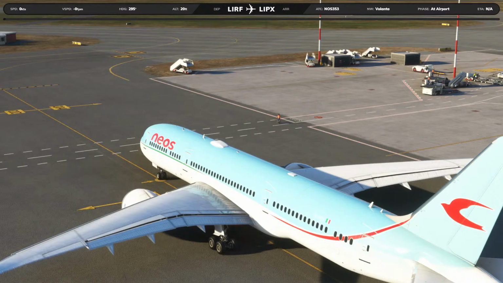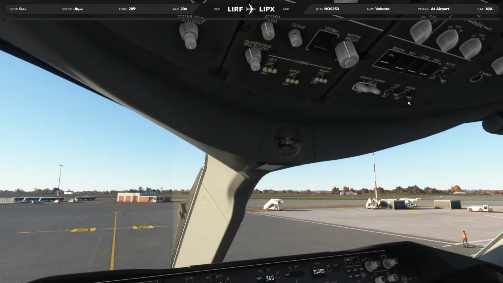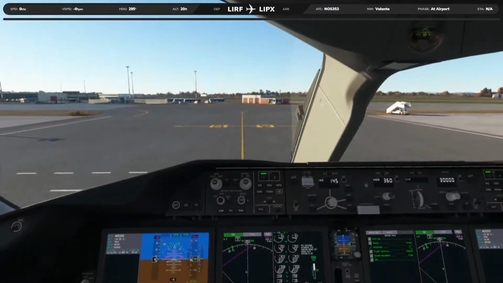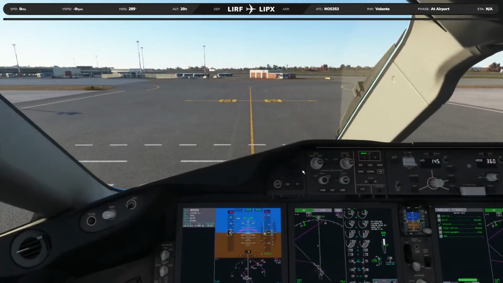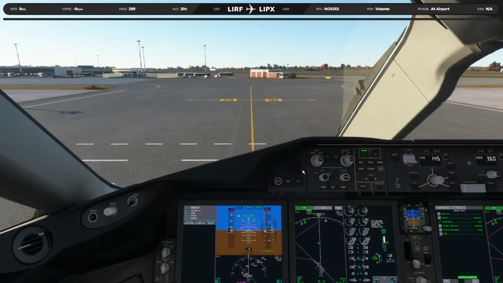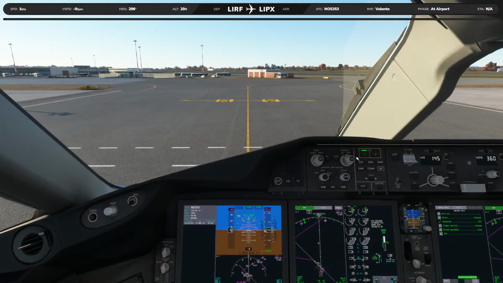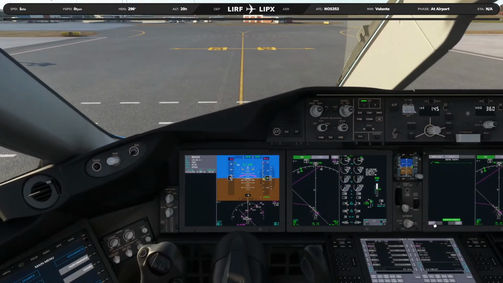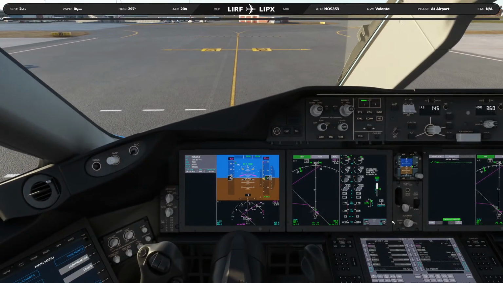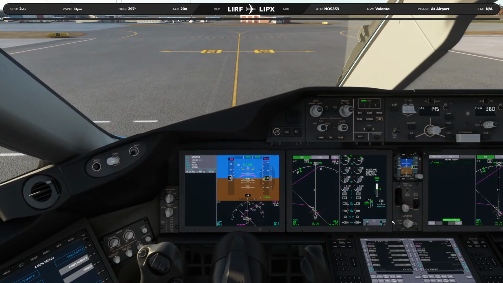All right, and we can turn the taxi lights on. Taxi lights on, and we can now taxi to the runway. Perfect. Parking brake is released, and off we go. We go here to the before takeoff. Flaps are set, and we're good to go.